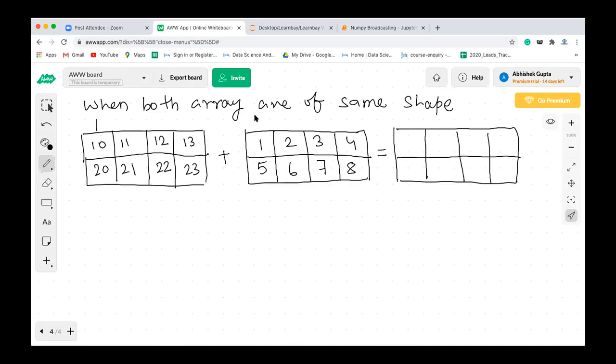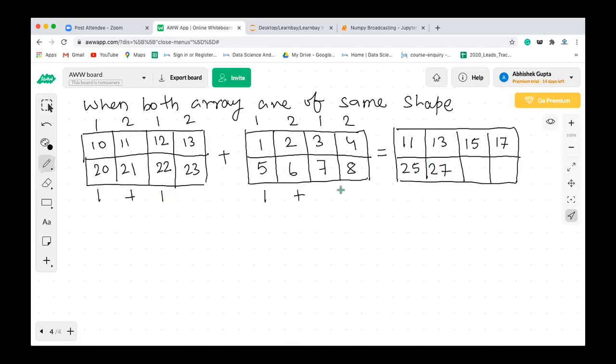So 10 plus 1 will become 11. Now 11 plus 2 will become 13. Then 12 plus 3 will be 15. Then this plus this will be 17. Now 20 plus 5, 25. Then 21 plus 6 will be 27, right?